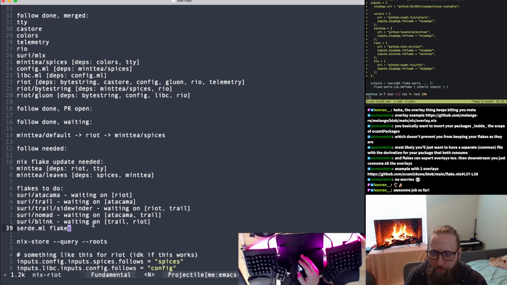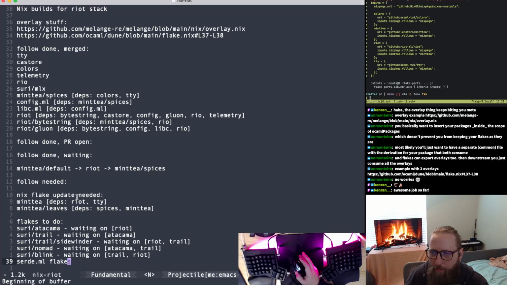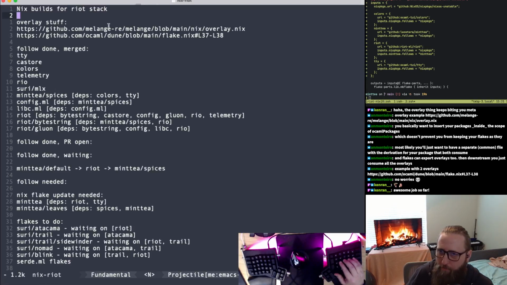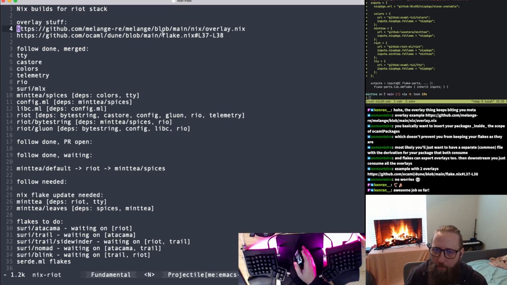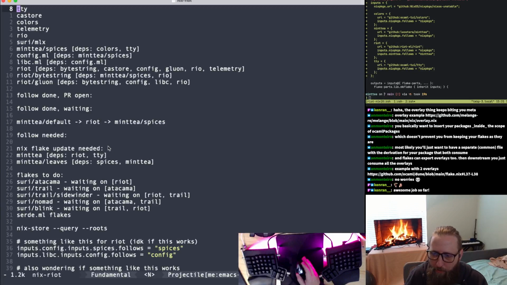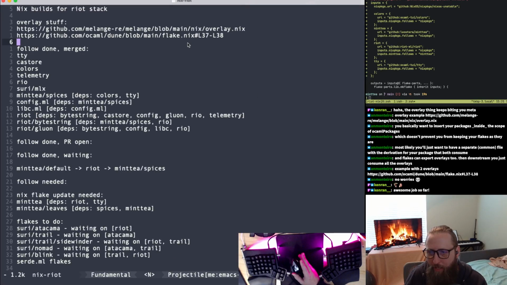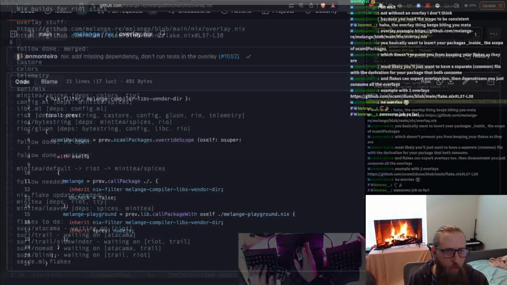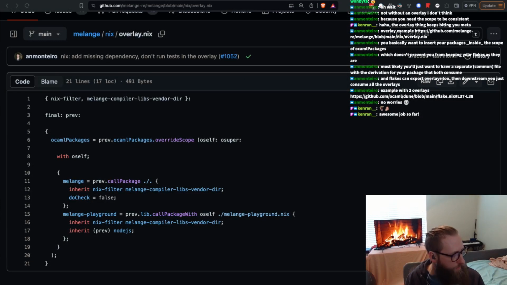But before I actually write those flakes and ask Leostera to merge 18 changes to the flakes over and over again, I'm going to figure out the overlay stuff and make sure that that's going to work the way that I want to, and I won't need to change something with these other downstream flakes. We'll just see how that works out. I'd like to make it as simple as possible. Ideally, most of the logic is in the projects themselves, not in some other thing, but I don't know. I don't know how much that really matters. I think it's just different ways of doing the same thing. Awesome. Let's kill the